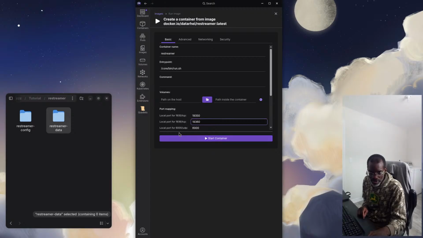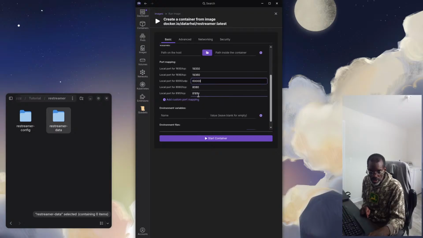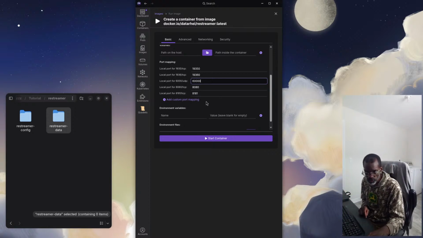And then this one, 6000, I don't think I'm using that for anything. Oh, that's for the SRT inject. You know what, I'm also going to put an extra 0 there, just to be on the safe side. And then usually there are some other ports. There should be a couple of them. Yeah, here you go. 8080 and 8081. I know I'm not using those ones right now, so those ones I'll be perfectly fine.